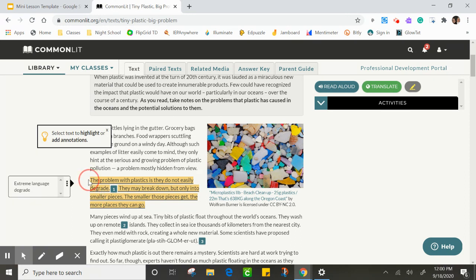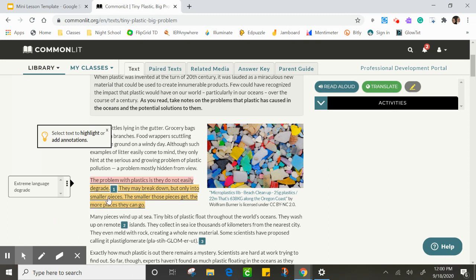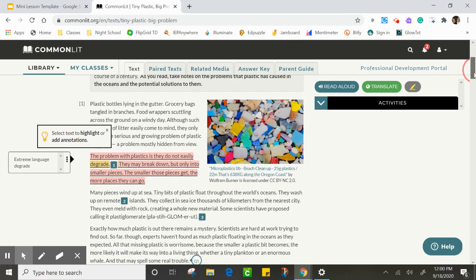So maybe what I would do then is come in here and then take my highlighting tool over the sections that don't include that word, but are still part of the extreme language and the contrast and contradiction. And I'm going to highlight everything except for that word that is the extreme language using the pink to show the contrast and contradiction. Okay, so when I'm done with my article, I will have this nice little color-coded thing